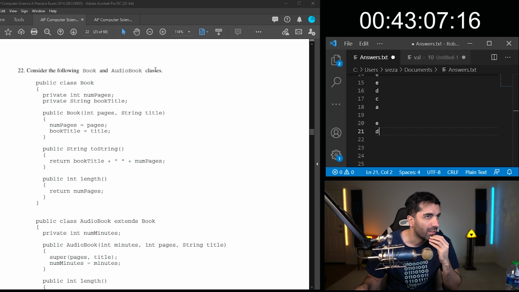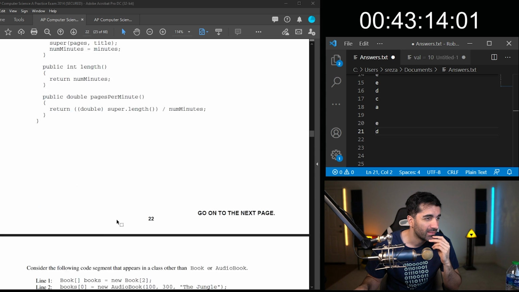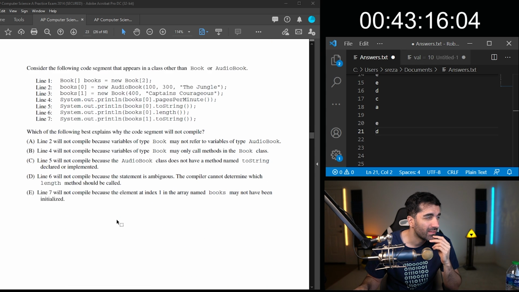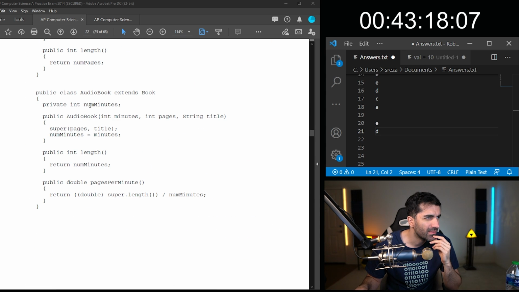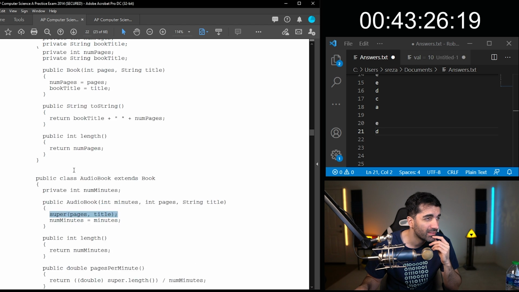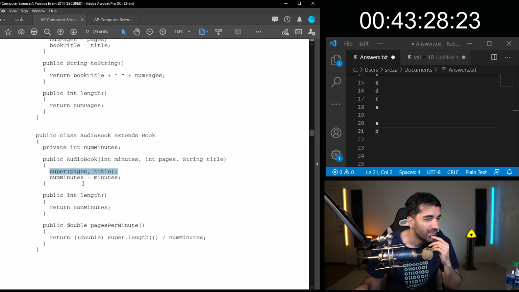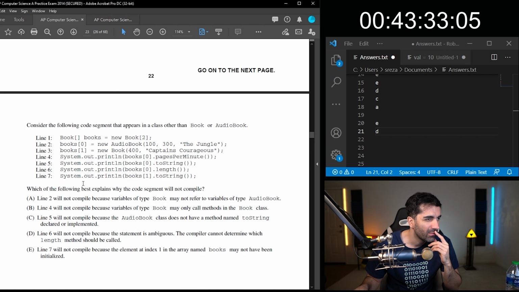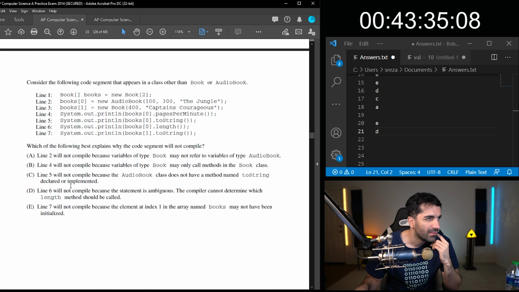Consider the following book and audiobook classes. Okay, we have book, we have audiobook, which extends book. There's a constructor, calls the constructor of the parent. Okay, what does this want?